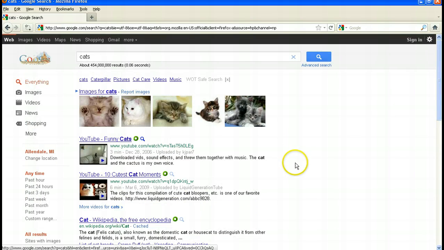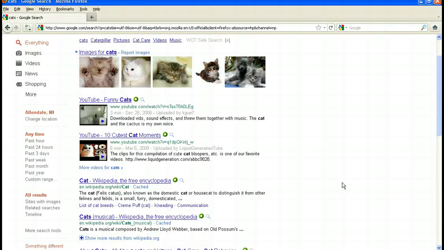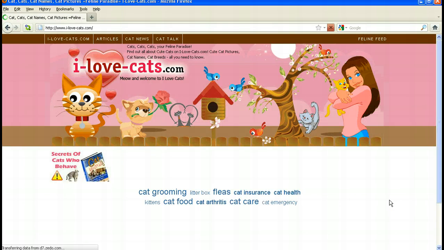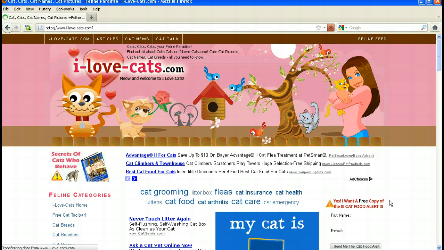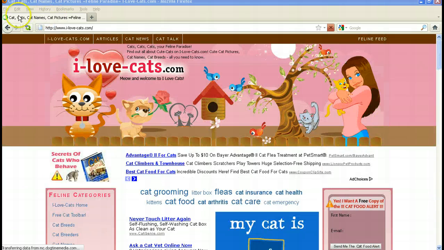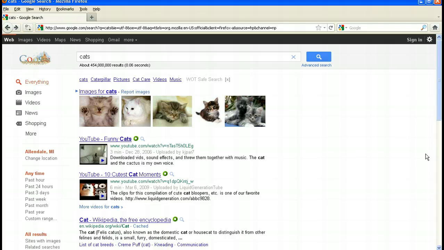of websites about cats. You can pick any one of these, and it'll take you to some kind of a website that is referencing cats. So I'll just pick one down here at random. I click on that, and here we got a page about cats, and some other things on there. And that's how you can browse and surf the internet using a web browser after you started up or